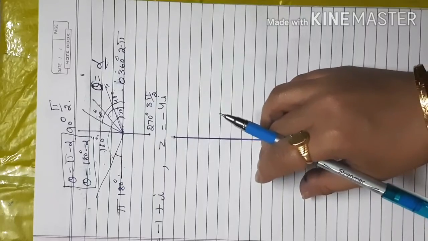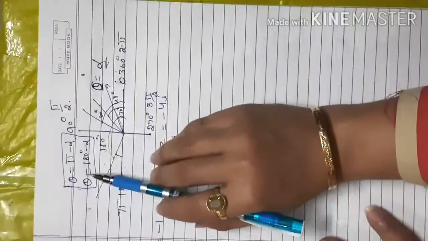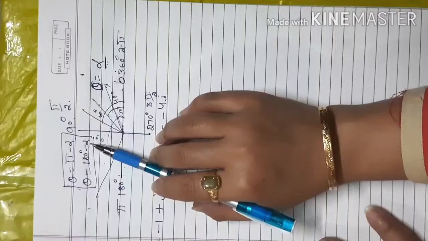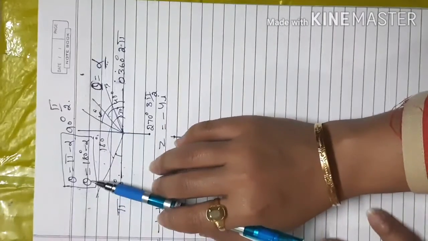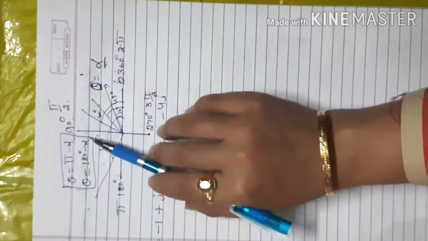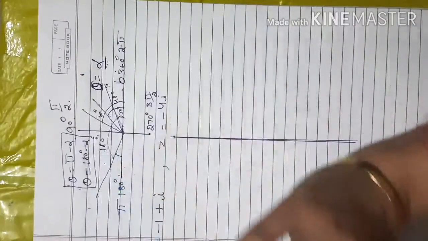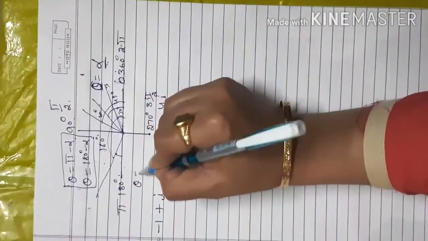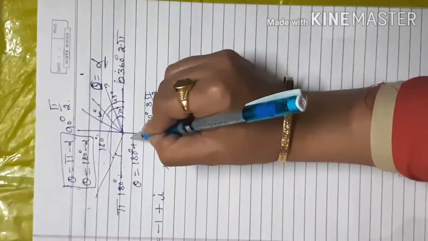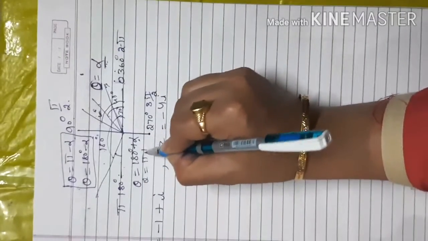So that value will be the same, only the sign will be changed according to the quadrant rule. So we apply directly the condition, whatever our basic angle is, 180 degree minus basic angle, so consider that, but that will be greater than 90 degree and less than 180 degree. In that case you have to apply, for the second quadrant, theta is equal to 180 degree minus alpha, and here we can directly go in the short form 180 degree plus theta plus alpha. Alpha means my basic angle, or I can consider pi plus alpha.